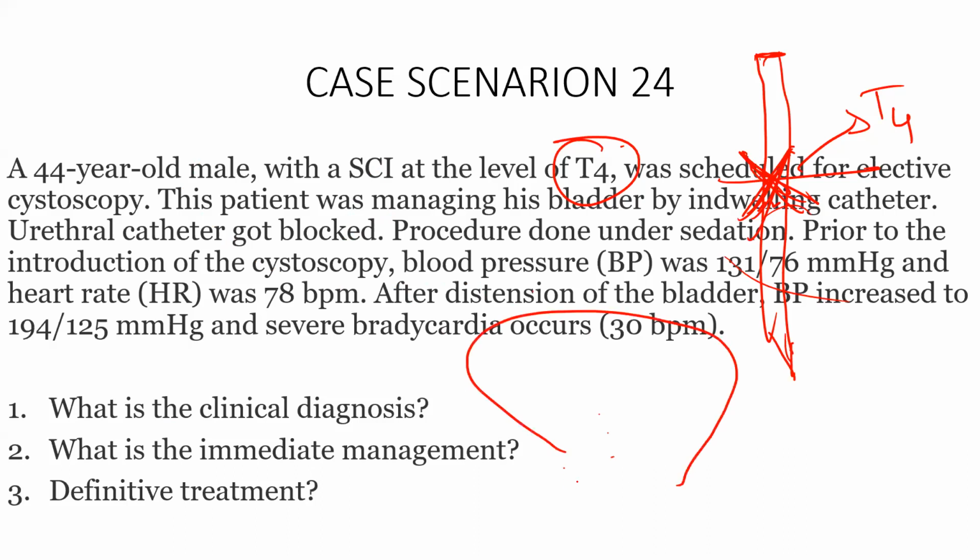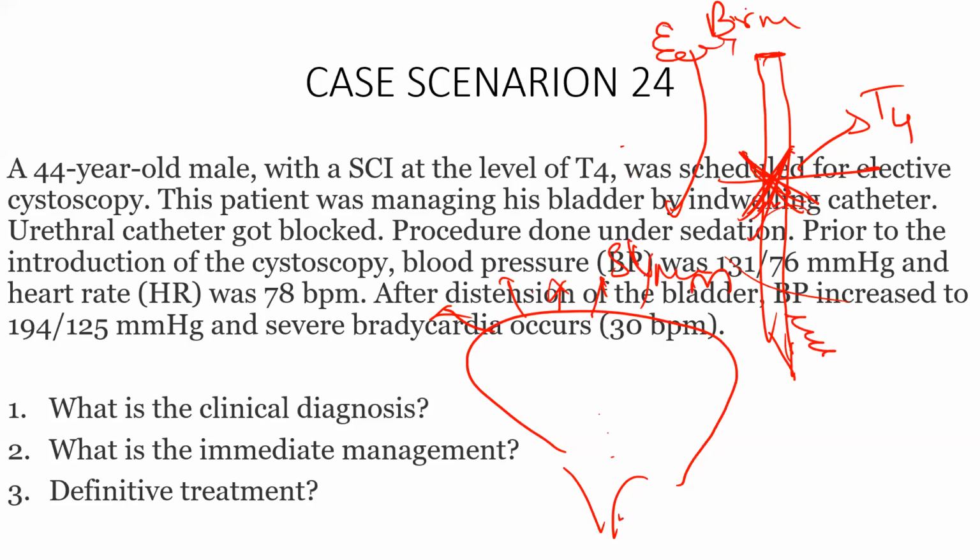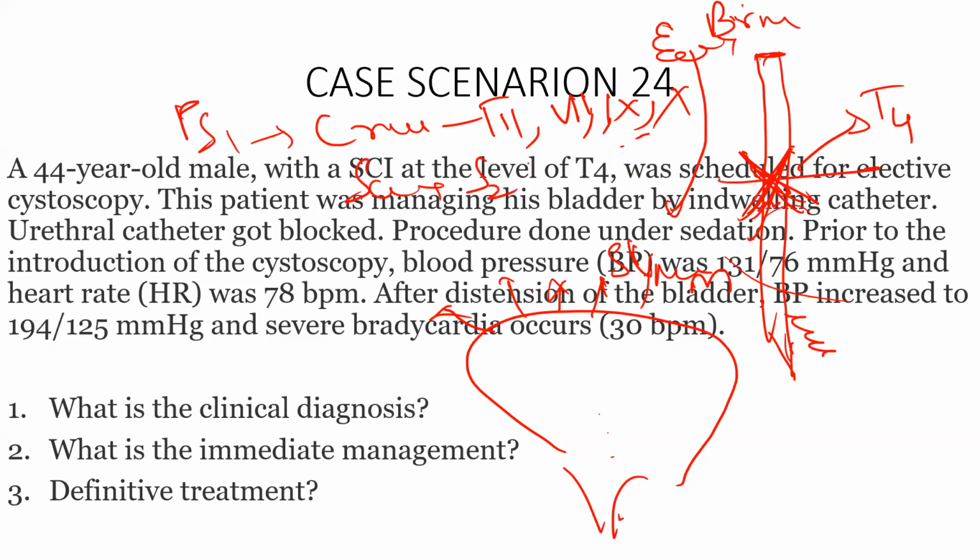Normally when the bladder is getting distended, what happens? It will stimulate the stretch receptors and the sympathetic nervous system supplying the bladder. This sympathetic nervous system is normally under the control of the parasympathetic nervous system from the brain. The brain suppresses sympathetic activation by stimulating the parasympathetic nervous system in the cranium as well as in the sacrum. The parasympathetic outflow is craniosacral: the 3rd, 7th, 9th and 10th cranial nerves, and in the sacrum S2, S3, S4.